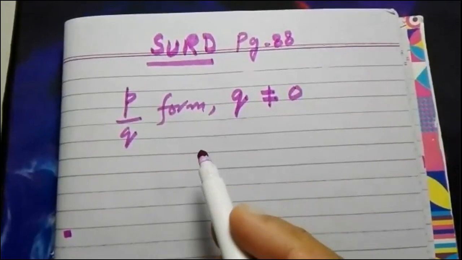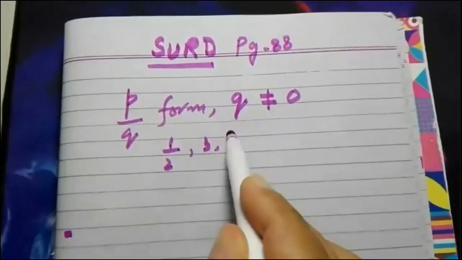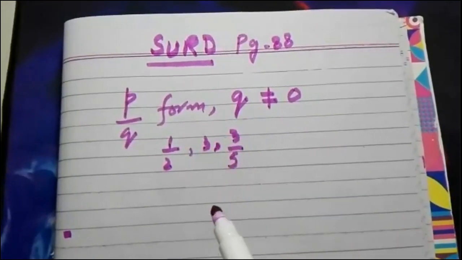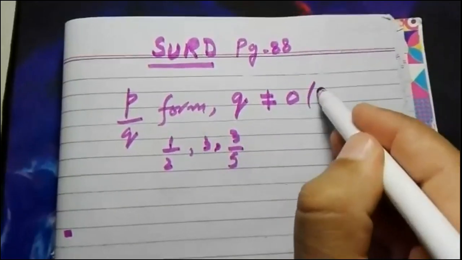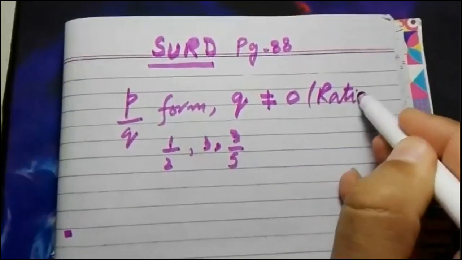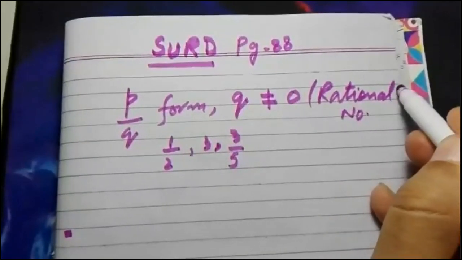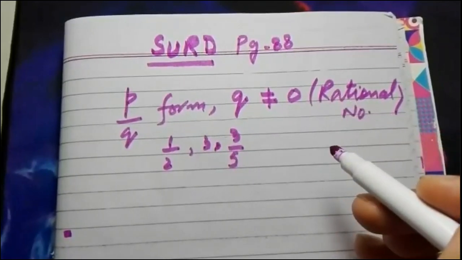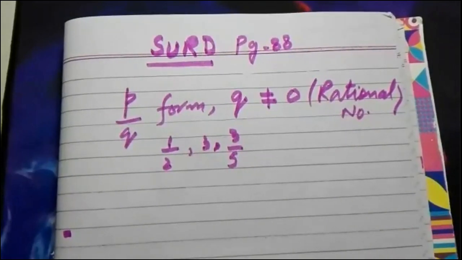All types of numbers like 1 by 2, 3 by 5, these are examples of rational numbers. First thing, to understand the definition of surd, we should keep in mind what is meant by rational numbers. Secondly,